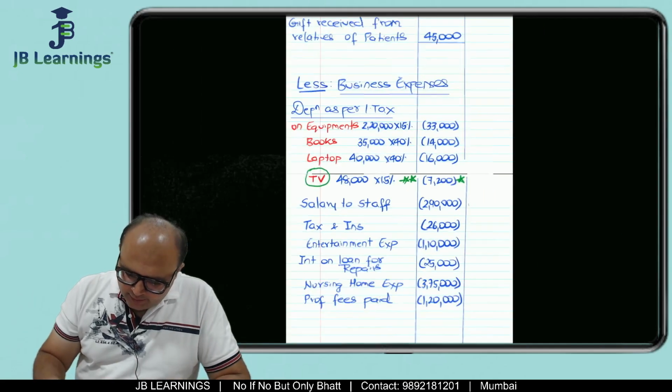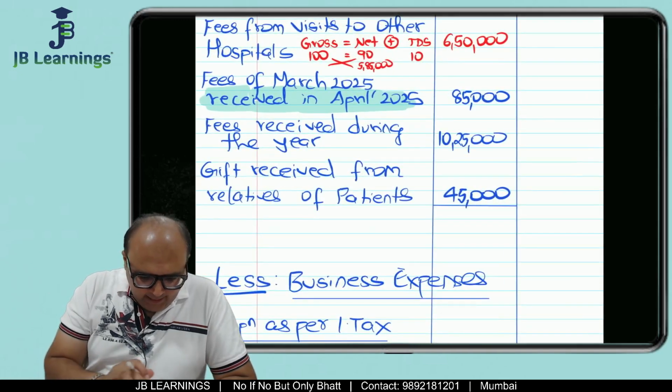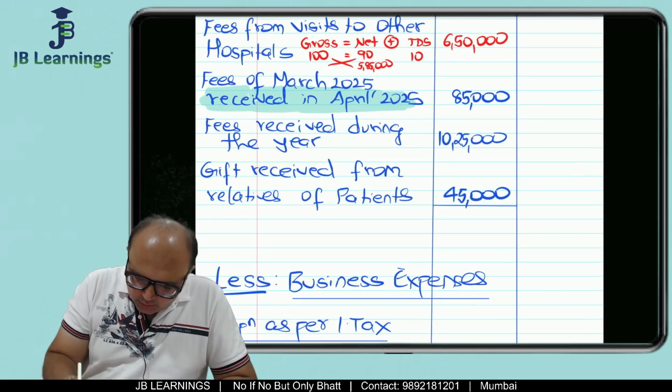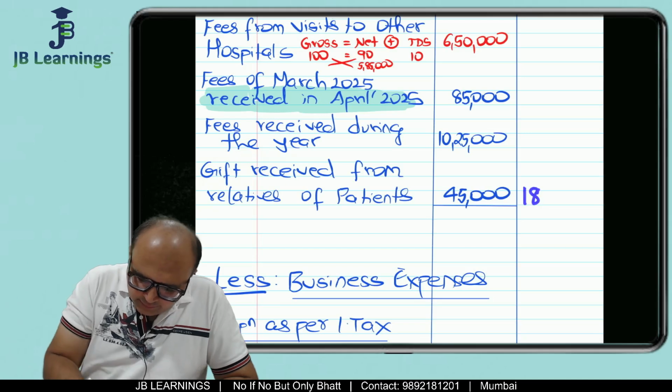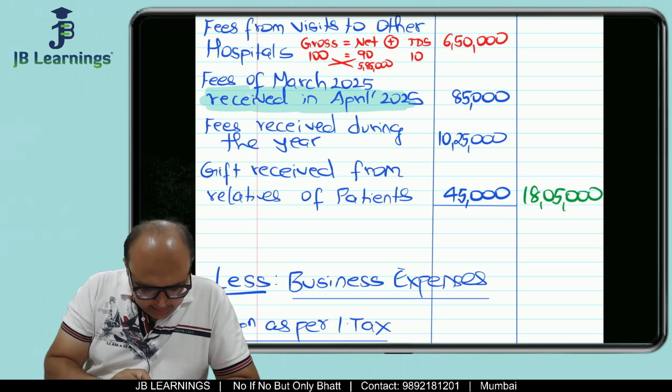So friends, this is everything about your business income and business expenses. Then after we are done with this, we can take a total of this. So over here it would be 18 lakh 5,000, and in expenses,